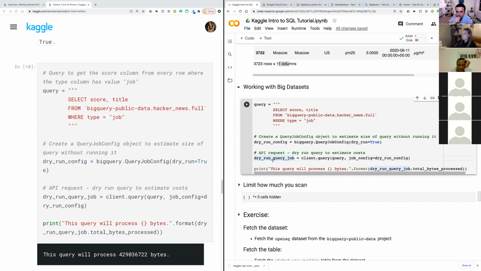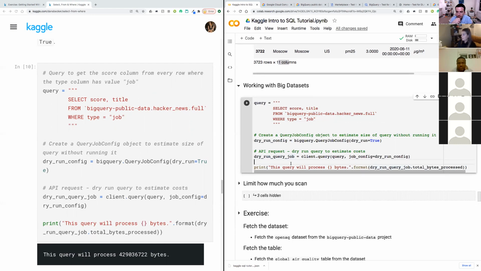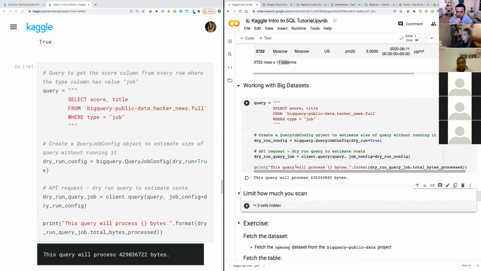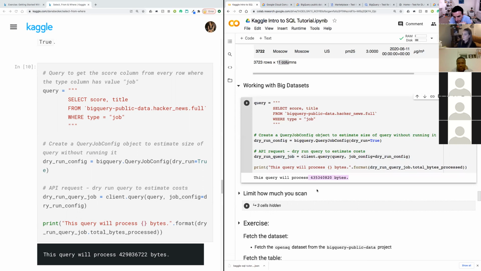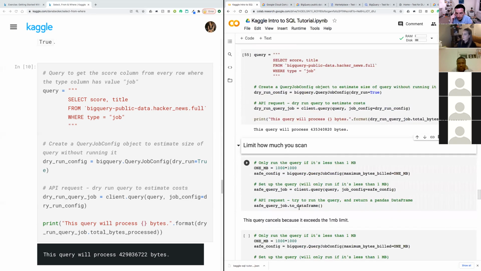If we run all this, we're going to then do an API request. We're going to ask the client to, again, query our query, and we're going to add this extra argument: job configuration is equal to dry run config. Okay, and then it's going to print out and tell us how many bytes it just processed. So that can be really handy. So if we want to limit how much it's actually using,